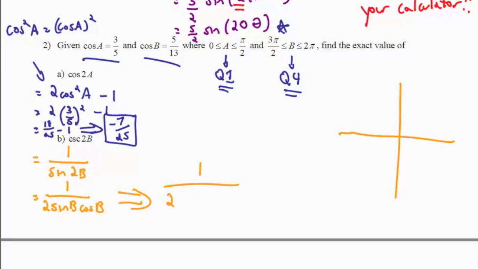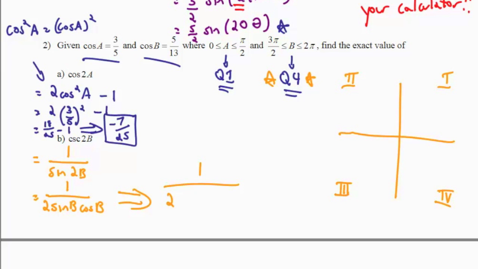Uh-oh, we don't have sine of b. So guess what? Dun, dun, dun. We have to go to our coordinate axis yet again. And let's take a look. So remember, this is quadrant 1, 2, 3, and 4. And we know that we're looking for sine b, and we're given cos b is 5 over 13. But we're told over here